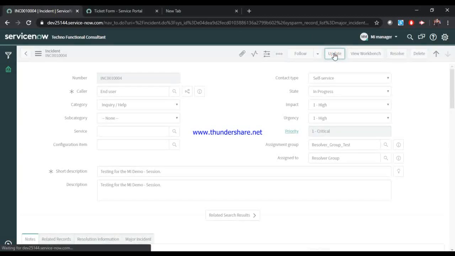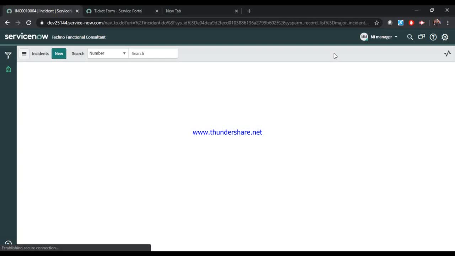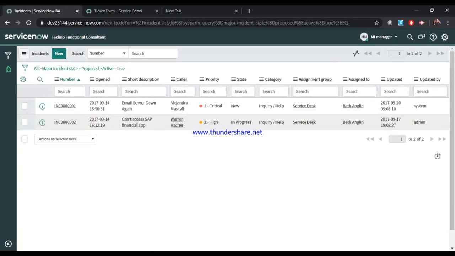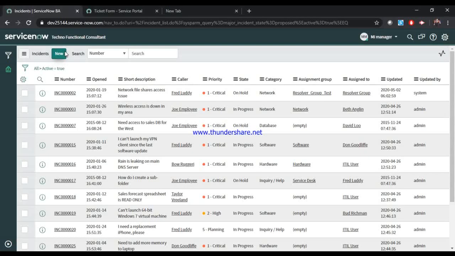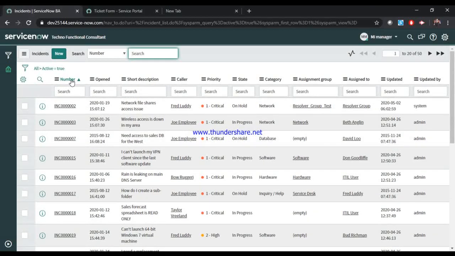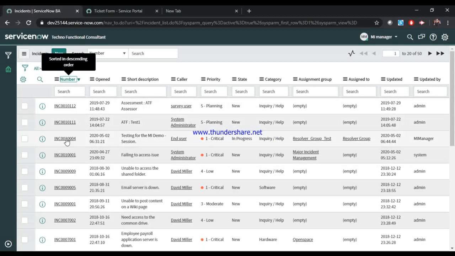As soon as I click on the update, I'll go back to this ticket. Now you can see it is not in the proposed state, so I'll just remove this filter condition here, so that I can pick up my task, and I'll just refresh it or do the sorting here. Okay, let me search easily. So okay, this number is okay. Let me once again do this part. Yep, so this is my ticket.